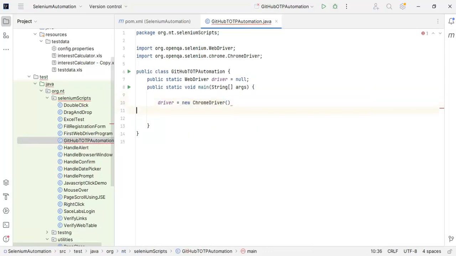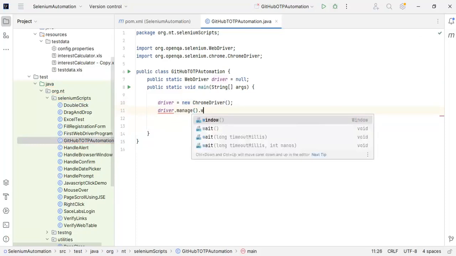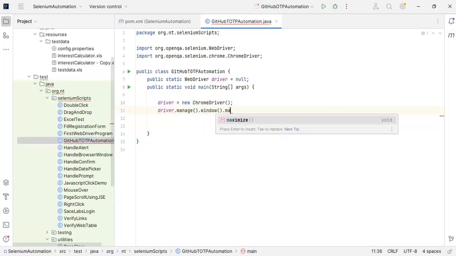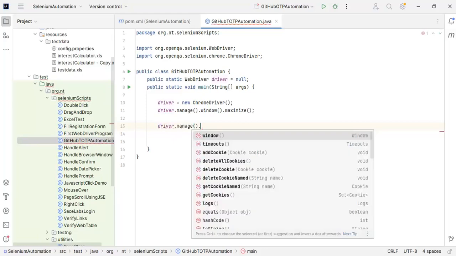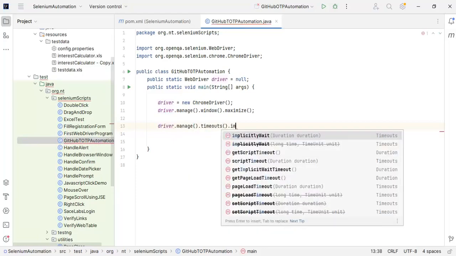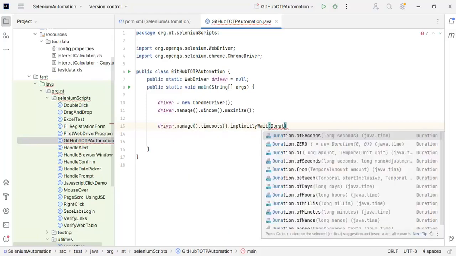After that I'll write here driver dot manage dot window dot maximize to maximize the browser window, and I'll set implicit wait also, driver dot manage dot timeouts dot implicit wait, and I'll give duration of seconds